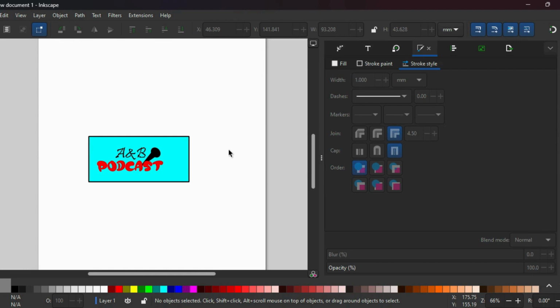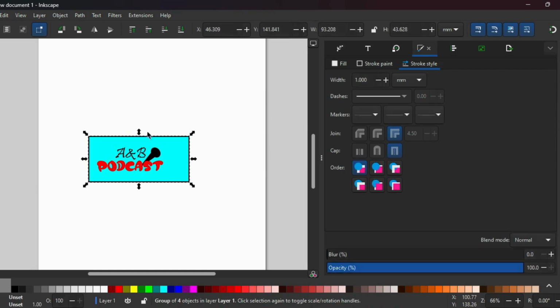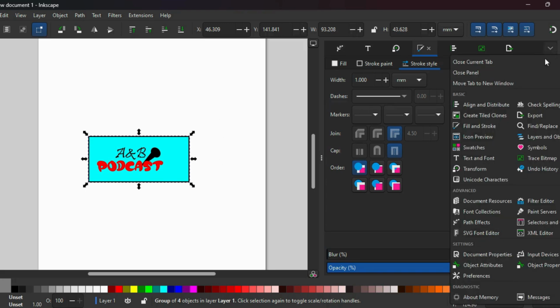Once I've grouped this, as a graphic designer, you have to use some geometrics. You want things to look professional. So I'm going to put this at the center, like mathematically, at the center of the page. So I'm going to click here again, and come here where it says